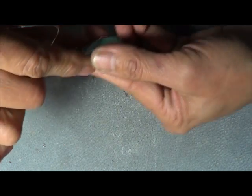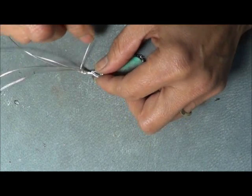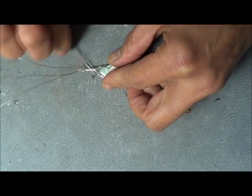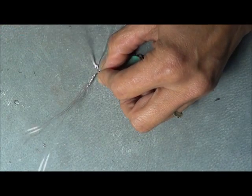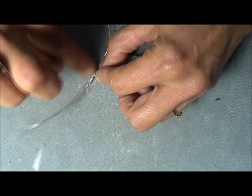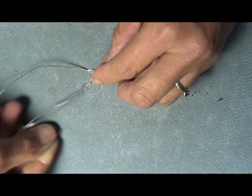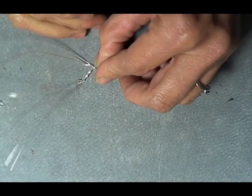So you're getting an idea. So now what I'm going to do is just put this down and we'll release. And we'll go to this side here and we want to tighten this up. I'll take any one. So that's loose and that's loose. That one's all braided up, so we'll leave that. But then this one now, we'll just wrap this up. So I'm just holding it down, going under all the wires, coming back out the other side,